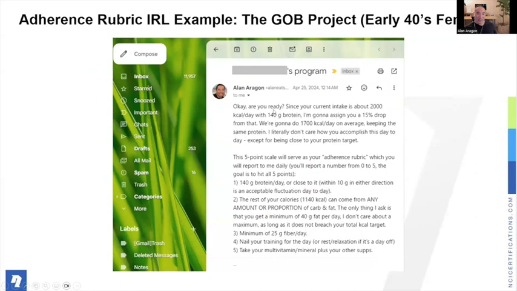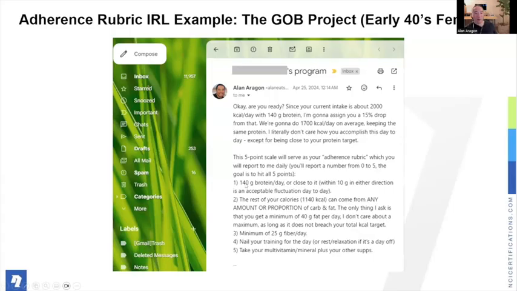Here's the accountability rubric in action. That's an email of mine sending one of my clients her assignment, and her 5-point rubric was a little bit different. I assigned her for one of the adherence points 140 grams of protein, and then the rest of the calories can be from anything that she wanted. So this particular plan was a 1,700 calorie plan,